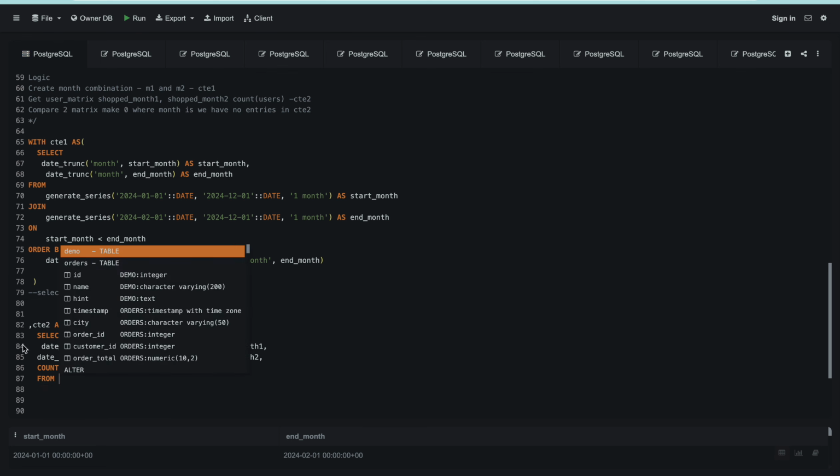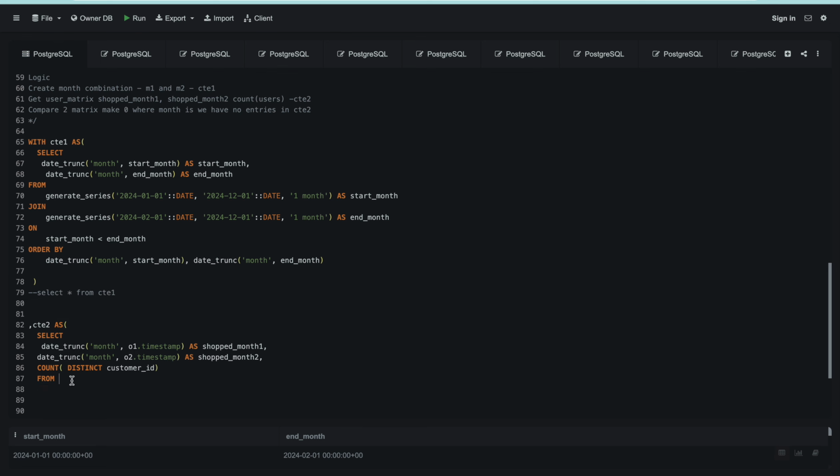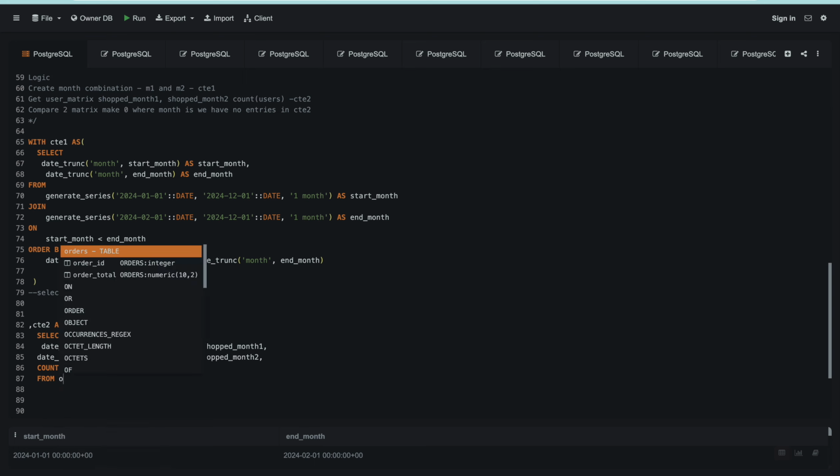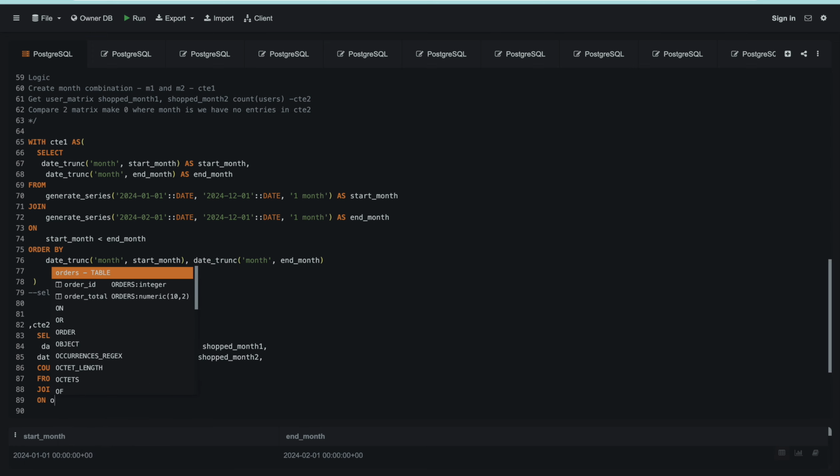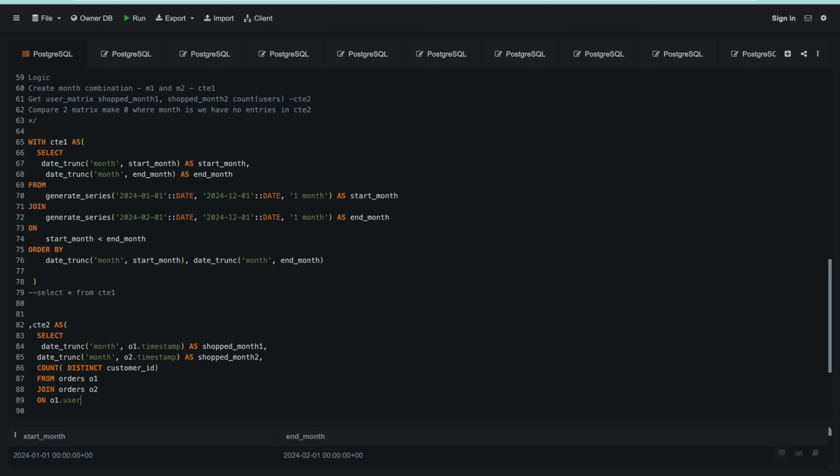Okay, and this I am going to get from the orders table, and this would be O1 join orders O2 on O1.user ID is equal to O2.user ID,